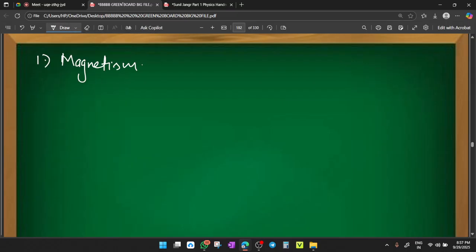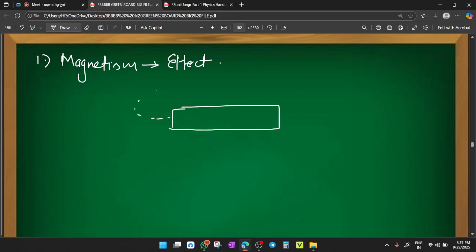Magnetism is an effect. Nitin, magnetism is an effect surrounding the magnet. When there is a magnet, or a current carrying conductor, surrounding the magnet there is an invisible type of field that is called magnetic field. This magnetic field exists because of